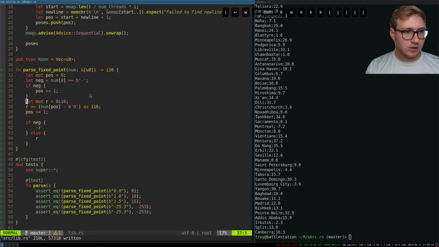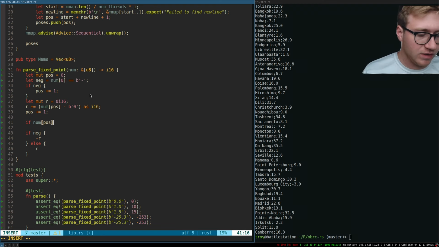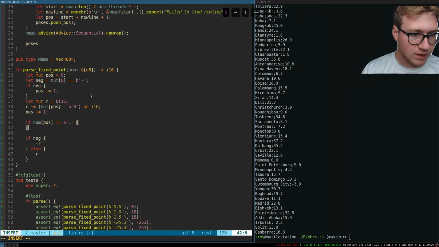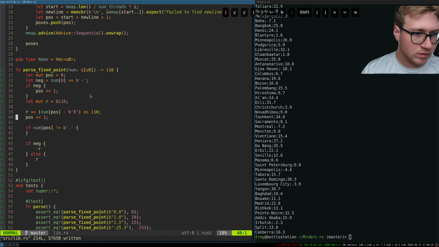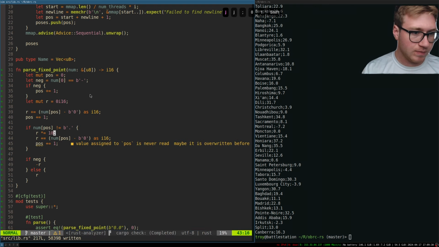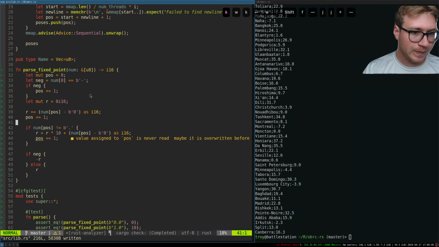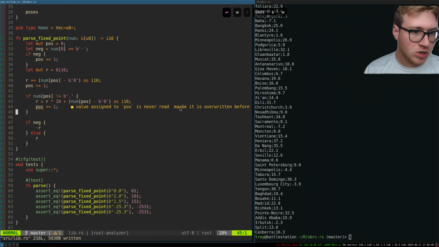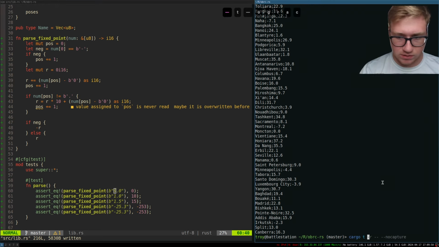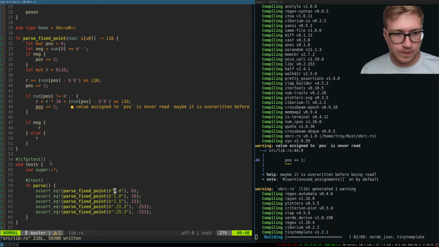Okay, so we check that. If the number there, if it's not the dot, we're basically going to do it again. And then after every step, we're basically going to do R times equals 10. And then pause. So at most we can have 2 digits here, right? So if you think about this test, let's think about this test case first. And we're going to want to do